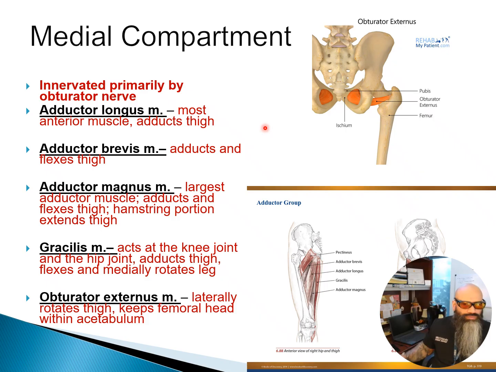For the medial compartment, you only know that the main nerve that's innervating this is the obturator nerve. Just be able to identify these muscles on structure, and that they originate from the pubic region and insert on the different parts of the femur. I'm not going to get too specific on that, but the main function will be to perform hip abduction and